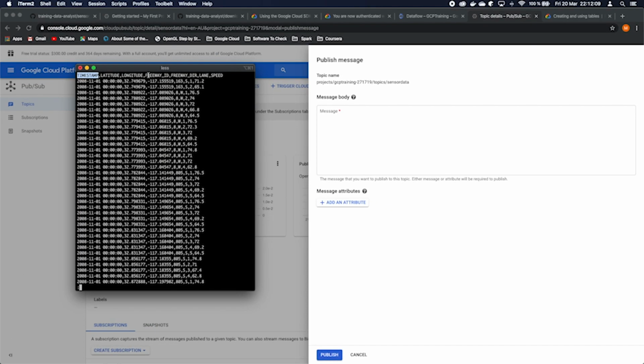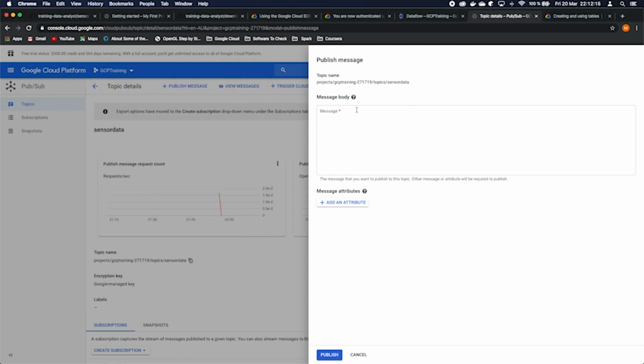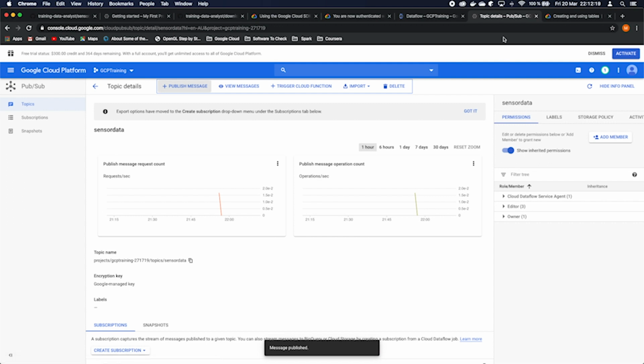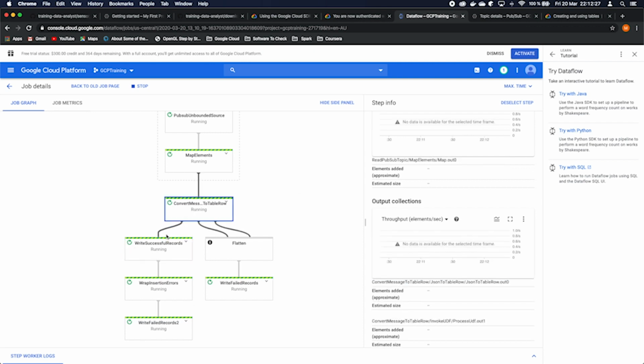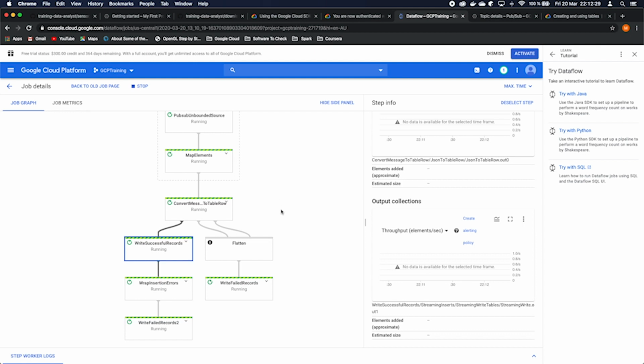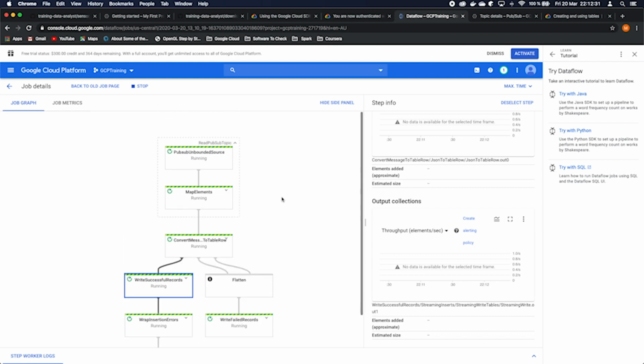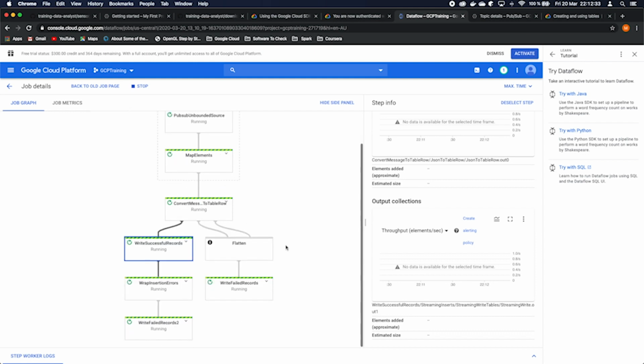Let's go back to our message. Let's take our first message and let's put it here. Publish. So if we did all good and we didn't make any mistake, we should in some seconds see those data in the BigQuery table.